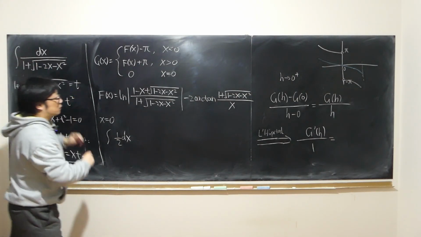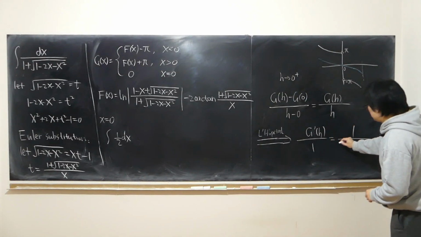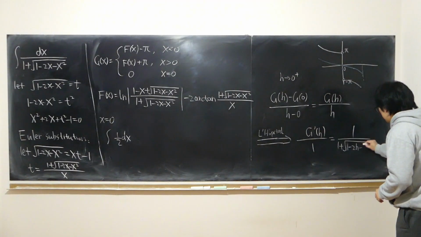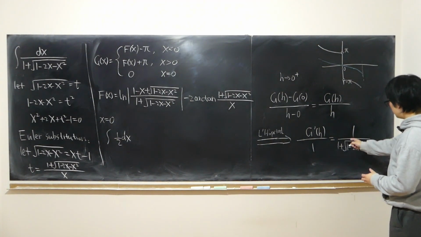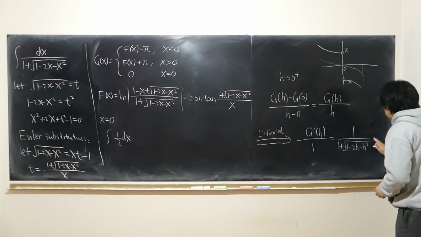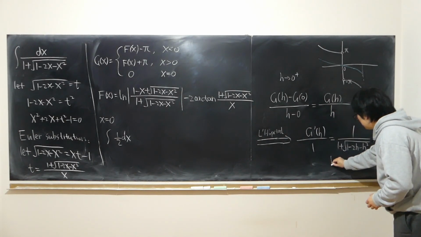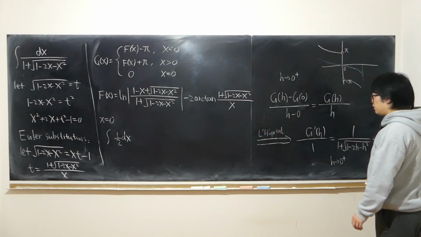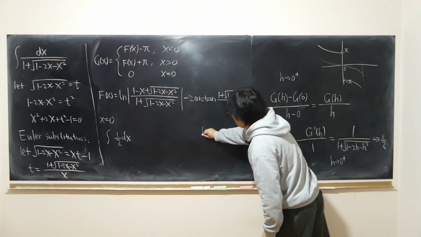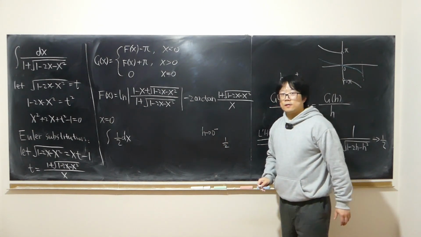That's our g prime: 1 over 1 plus square root of 1 minus 2h minus h squared. Let h approach 0 from the right-hand side. Then that's 1 over 2. Then it turns out it's going to be the same result if h approaches 0 from the left-hand side also. Exactly the same result. So that's how we verify that